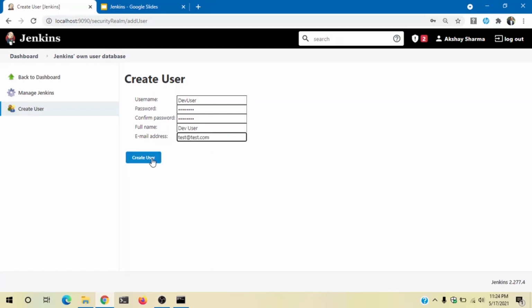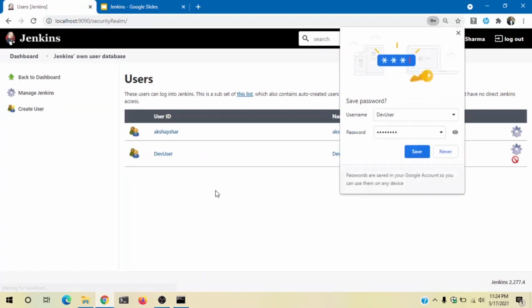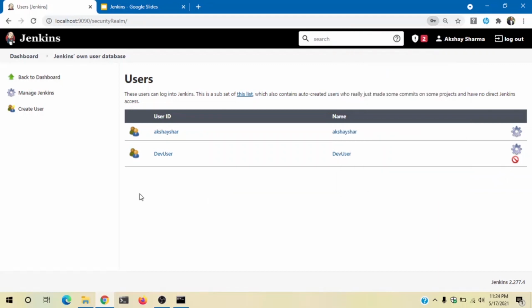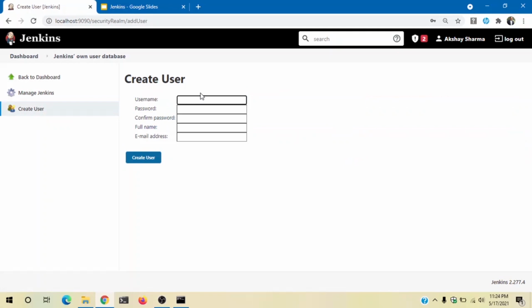And I'll click on create user. I will be creating one more user with the name test user, and I'll give a password to this user. I'll give the email address as test@test.com, and I'll create this.